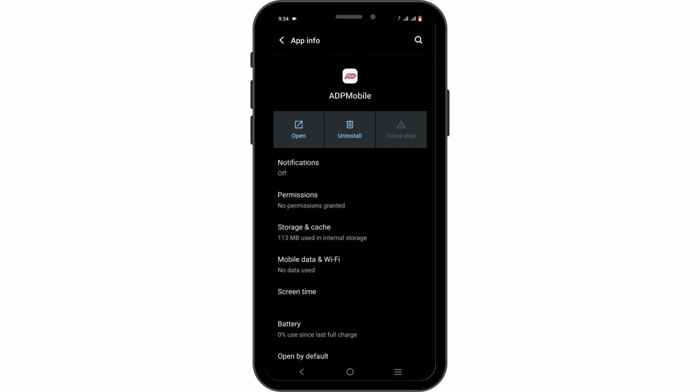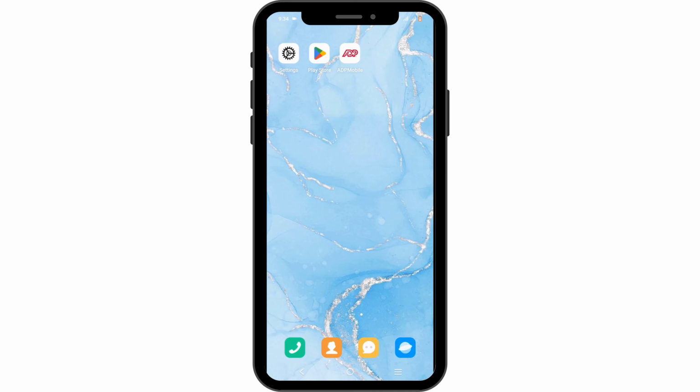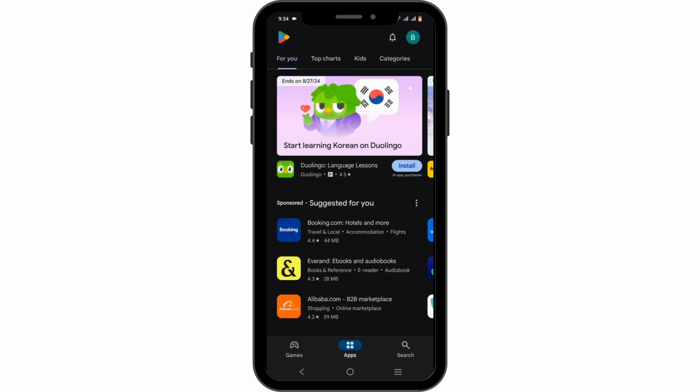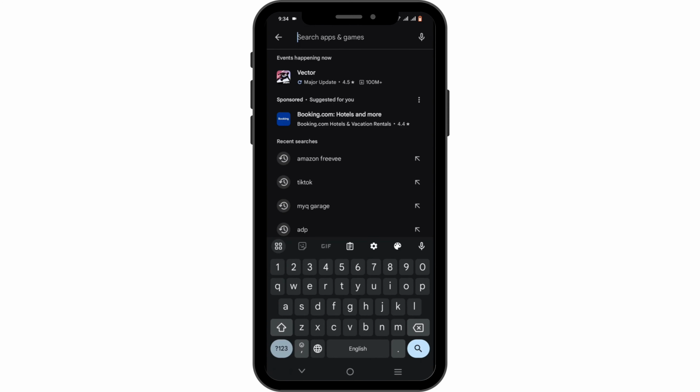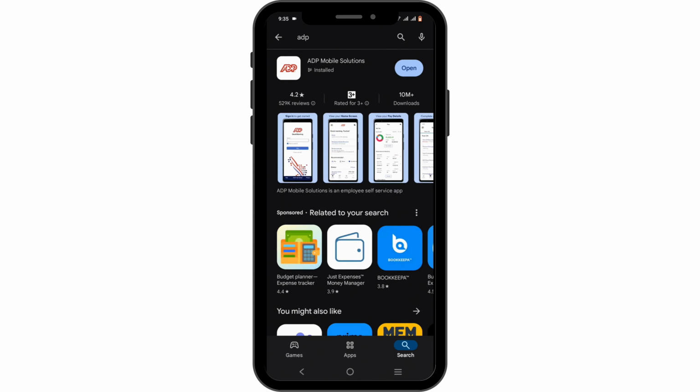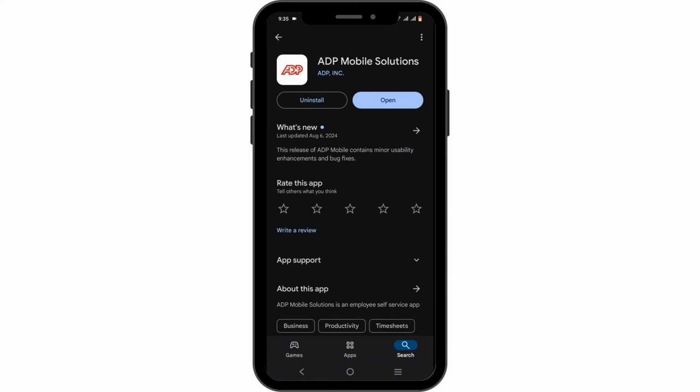If not, you can check out from here. Then, launch the Play Store or App Store. Tap on the search icon. Then, search for ADP. If you find any update button over here, tap on the update button and leave your application for